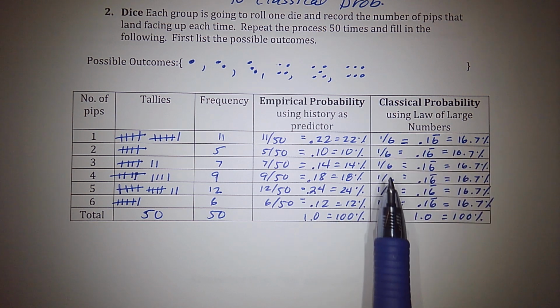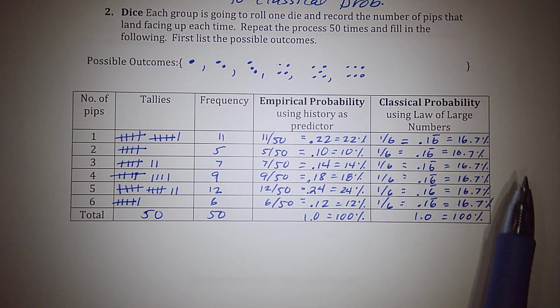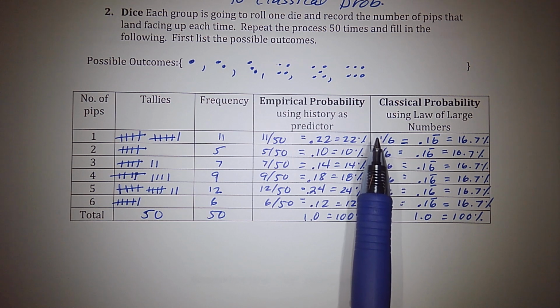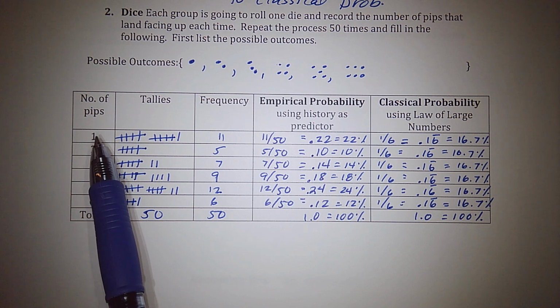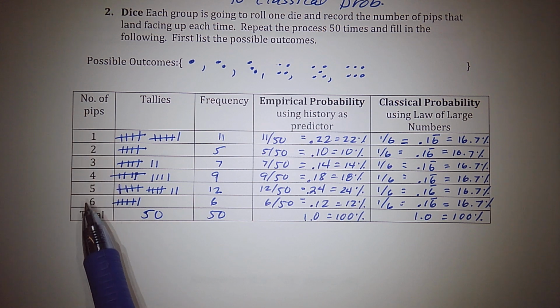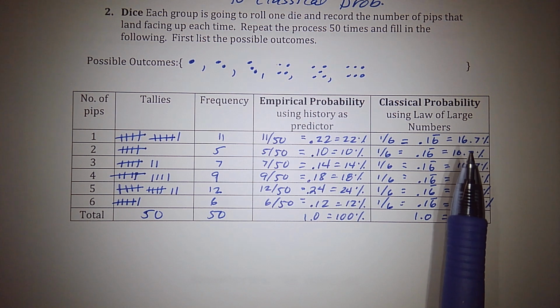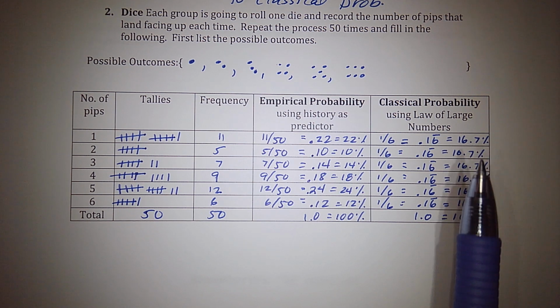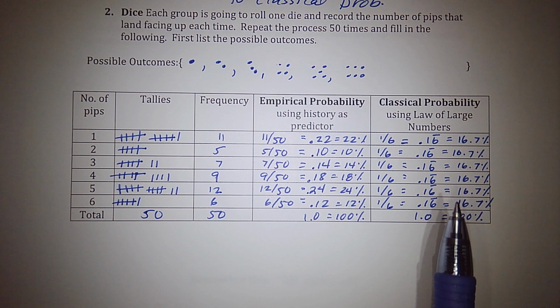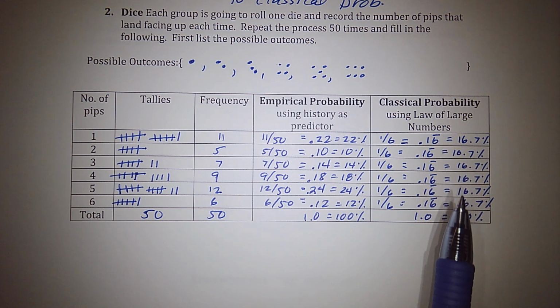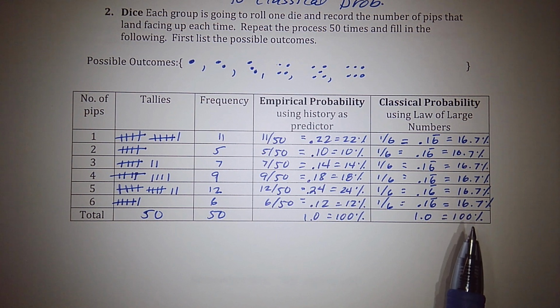Now the classical probability, we will all have the same information. Classical probability takes the number of possible outcomes, which is 6, and in the numerator, how many outcomes are likely to happen. We want only 1 to occur. There's 1 side out of 6 sides of the die, which is a 16.7% chance rounded that I might roll a 1. Since the sides are all equally likely, as long as the die is fair, then we will have a 16.7% chance of all of those sides occurring being equally likely, which adds up to about 100%.